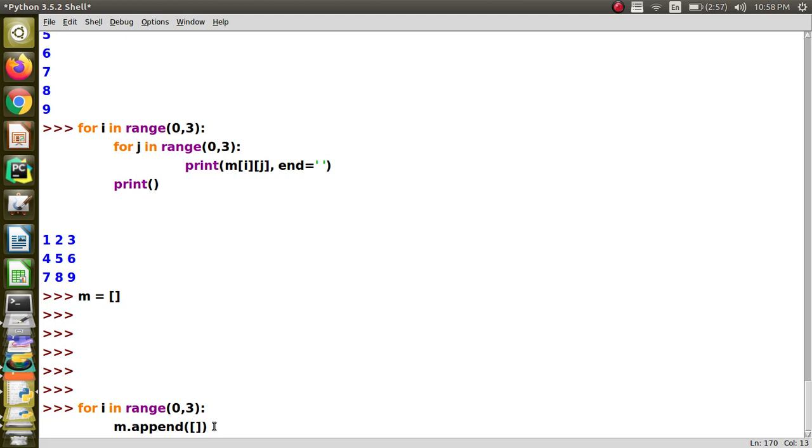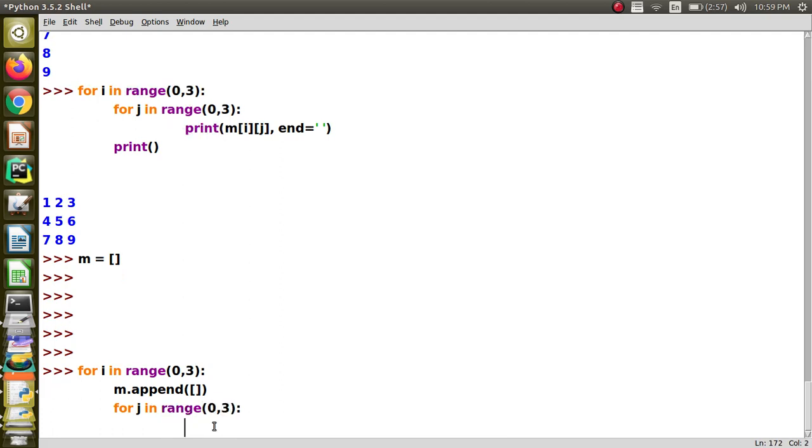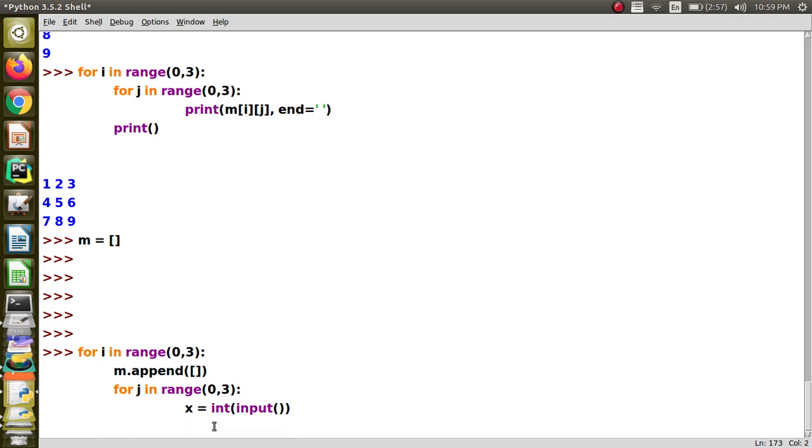So m dot append of empty list, and then for j in range 0, 3. For each element, you are going to read the element from the user, and then you are going to add it to the ith row of the matrix, because only now you have added the list.